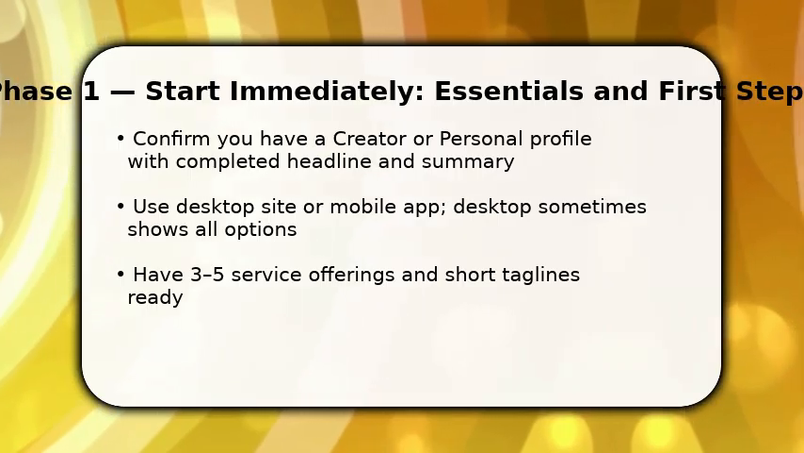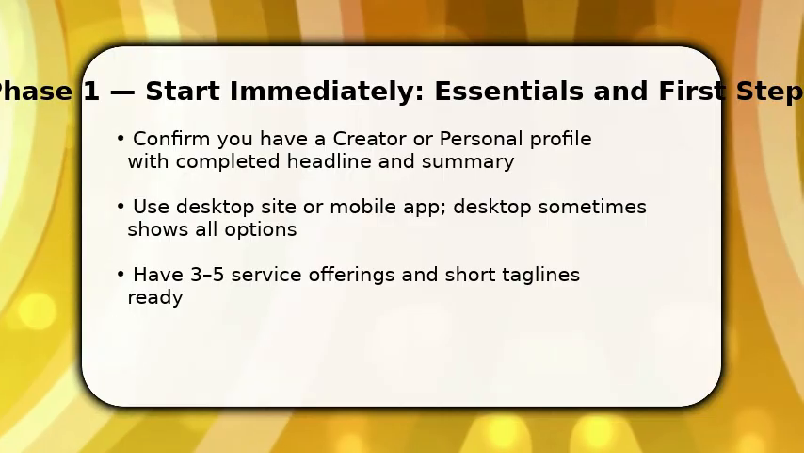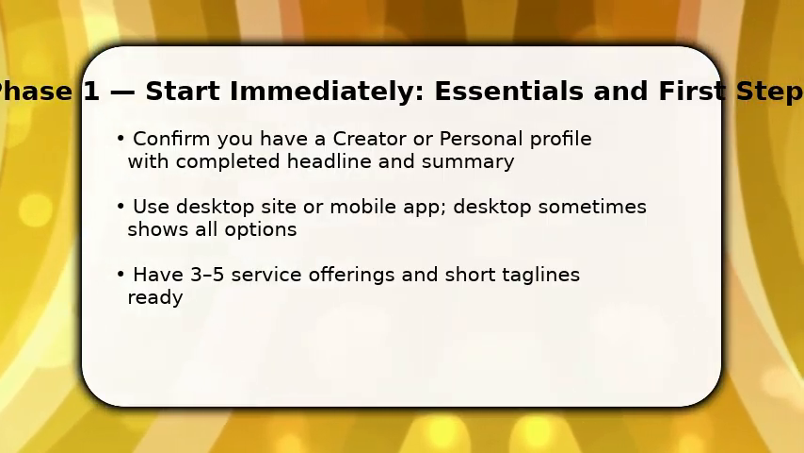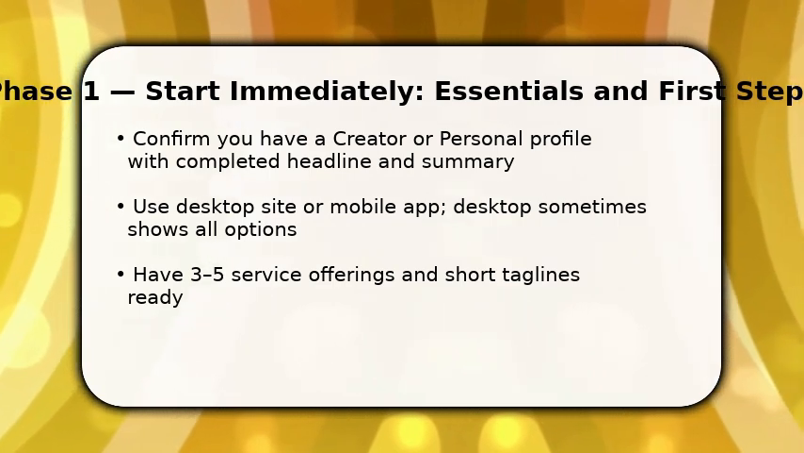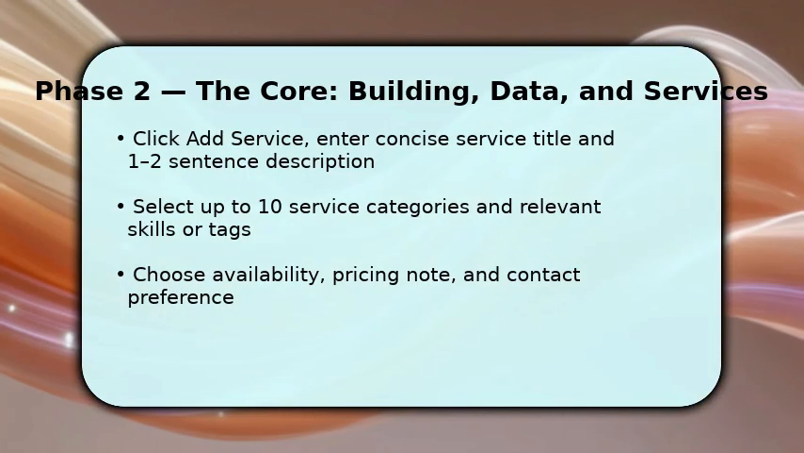You need a clear professional headline and at least one service title ready. That speeds input. If you don't see the option, switch to desktop. LinkedIn surfaces features differently. Now you'll add each service one by one, click Add Service, and type a concise title